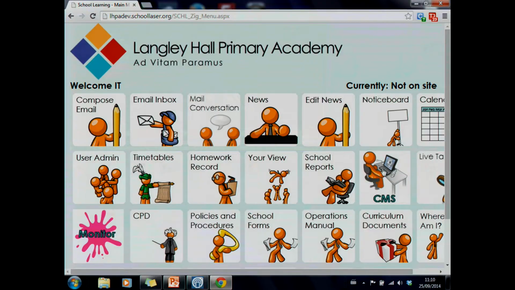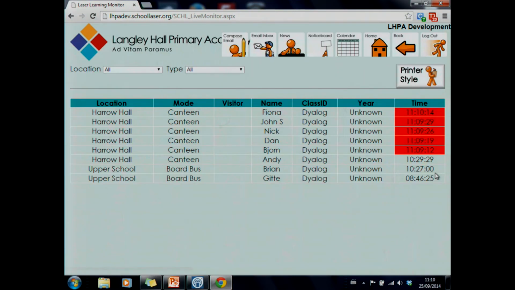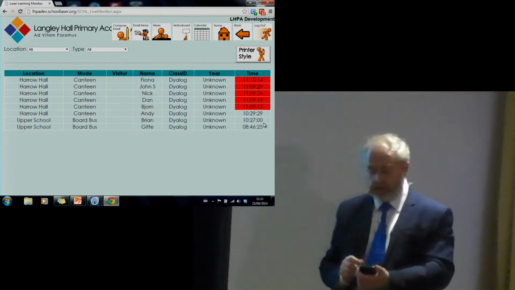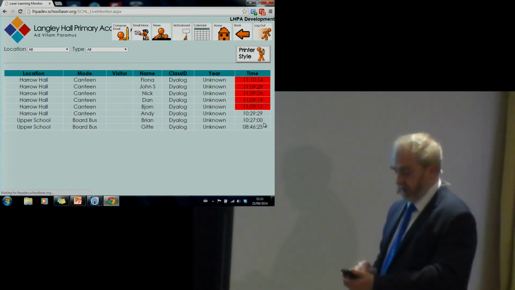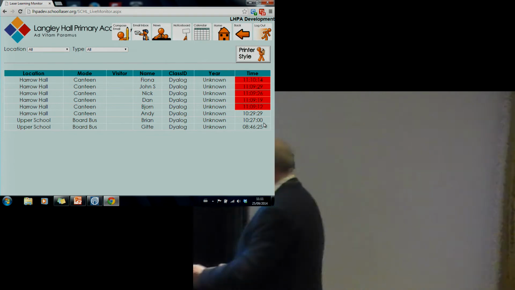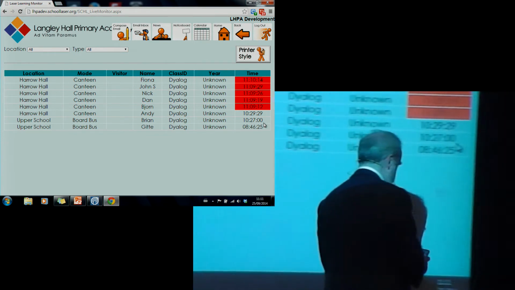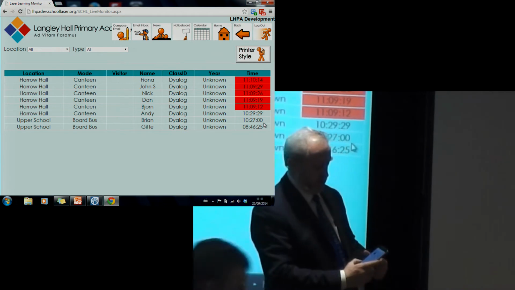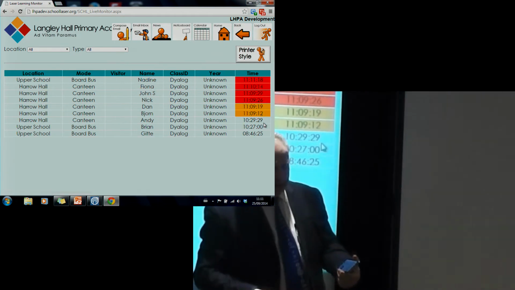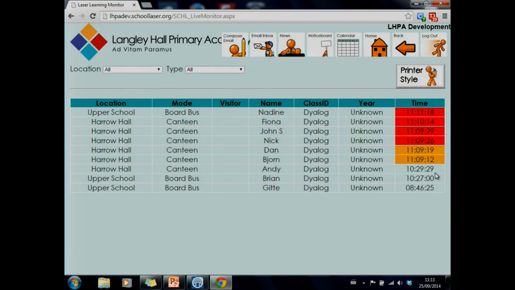On the system itself, we have live tags, and this can be up in the office, and so we can see various people being tagged in locations. And if people then get on the bus, using a device like, say, this, when you tag someone on the bus with a device like that, they will appear there in the top list. There's your Nadine, straight away. And they go red when it's just happened, and then after a short while they go orange, and then